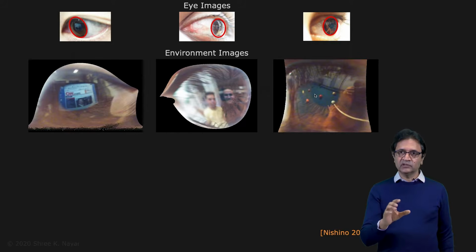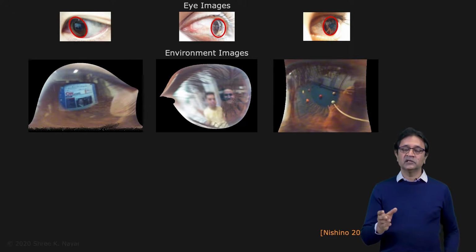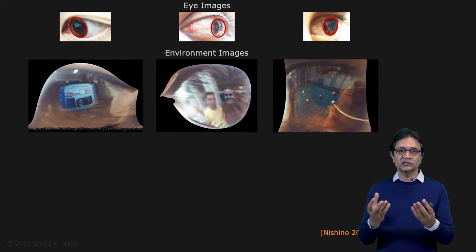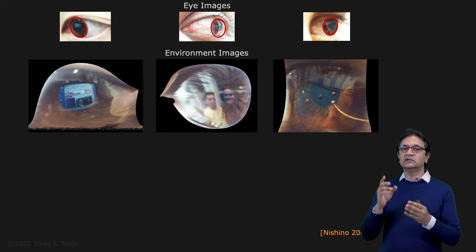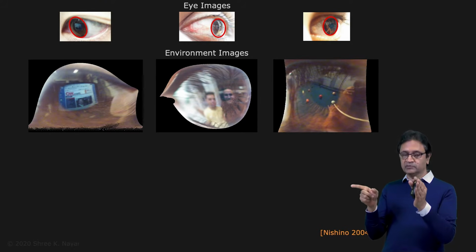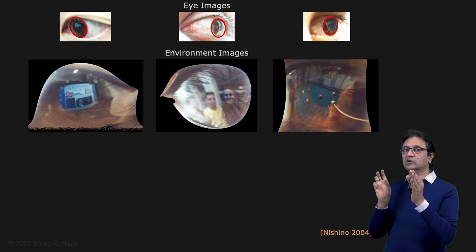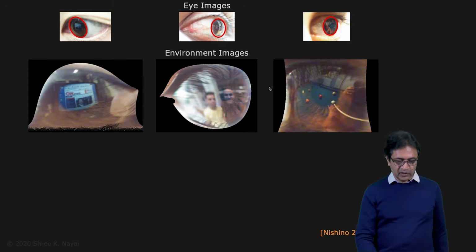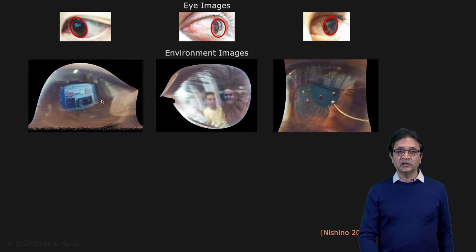You can see here that these images have different shapes. In other words, they have different fields of view. And the reason is the field of view of this system, which we will call the corneal imaging system, depends on the direction that the person is looking in with respect to the camera. That is, it depends on the orientation of your ellipsoidal mirror with respect to the camera. That's why they have different shapes. But interestingly, the field of view of each one of these images is actually quite a bit larger than the field of view of the eye itself, the light that enters the eye.